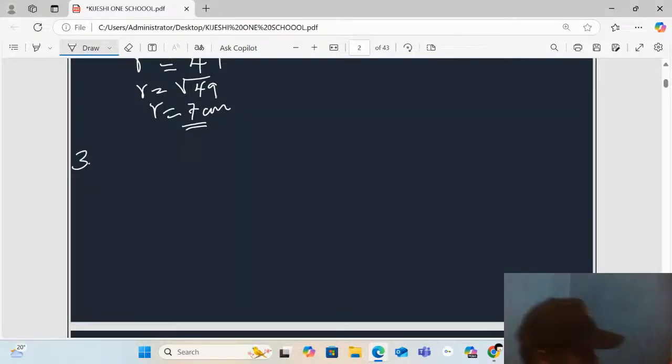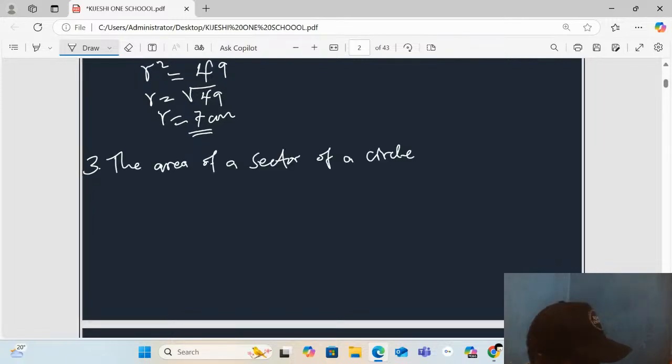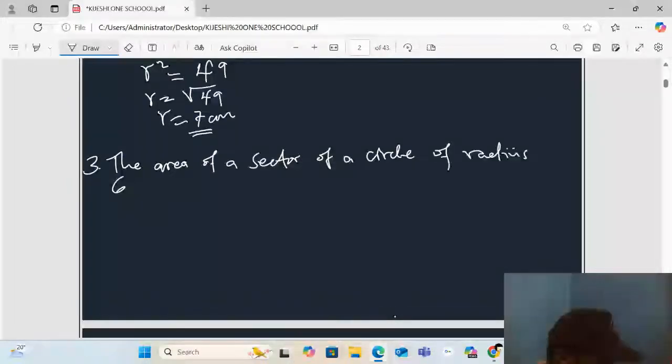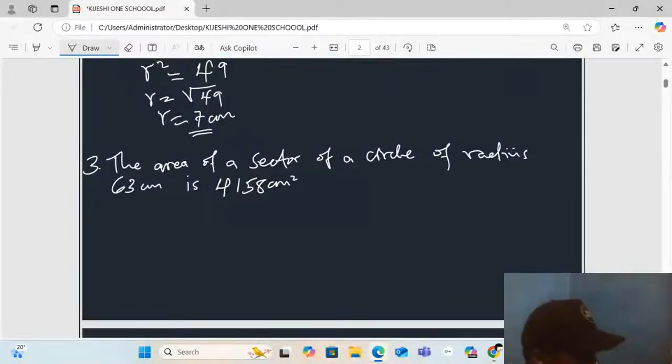Example 3 reads: the area of a sector of a circle of radius 63 centimeters is 4,158 square centimeters. Now calculate the angle subtended